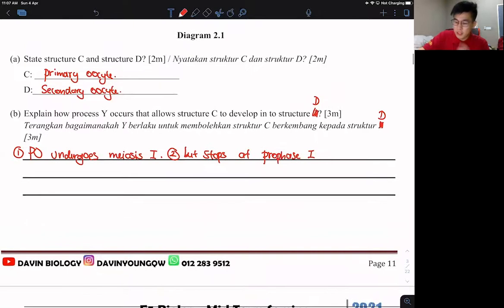Then when will it continue? So the next one I've explained, when does it continue? Remember or not? Yes, puberty. So once a girl hits 11, 12 years old, then only the meiosis process will continue. So it will stop for basically like 10 years. Exactly, so stopped for 10 years. So we can say every month from puberty onwards,